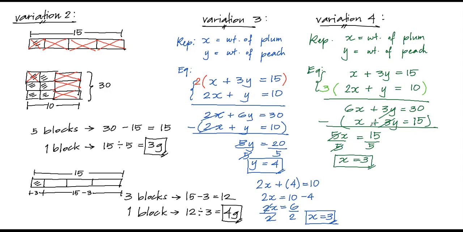Now, you may use any equation you like. So you may suggest any. So probably I may use the second equation. So 2 times 3 added by y is equal to 10. If you want to solve this, just multiply these numbers. So this will become 6 plus y equals 10. Additive inverse, y is equal to 10 minus 6. And the result will become what? Sorry, is that 4? 6. So it is 4. Okay.